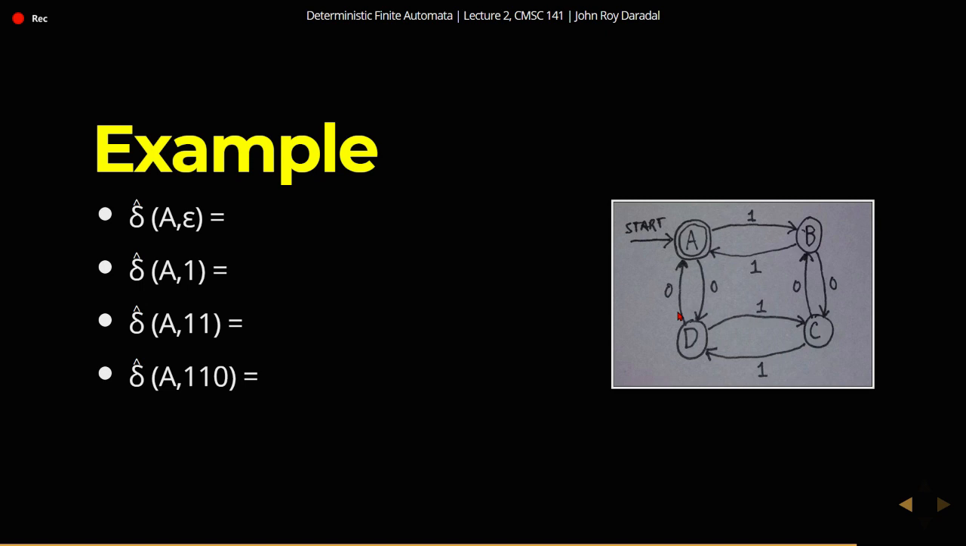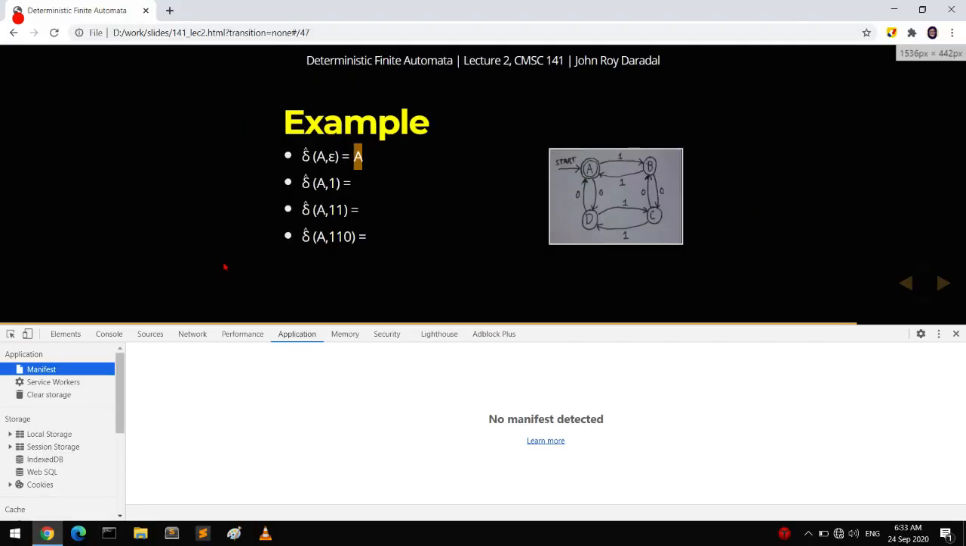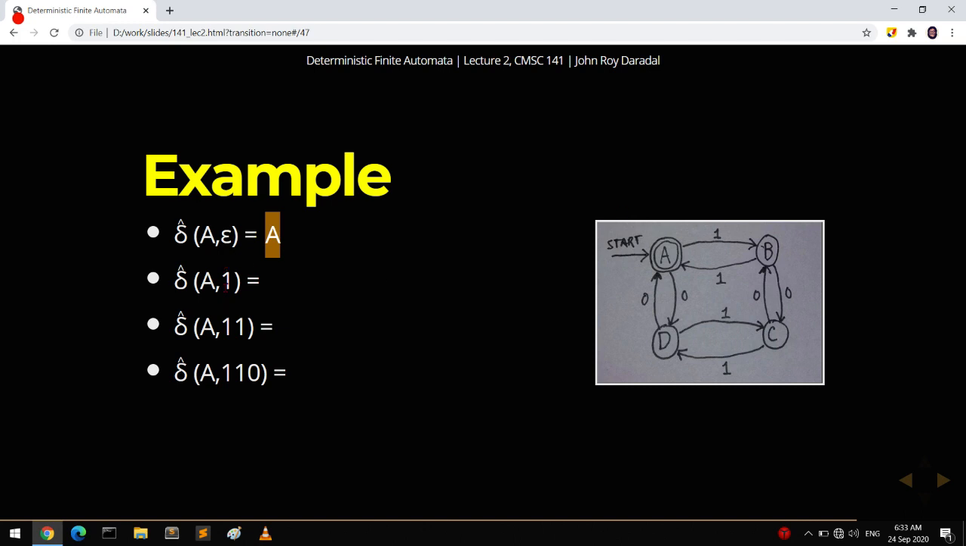So let's see examples of that one. So we have delta hat of A given E. Since there really isn't any prefix here, since E is empty, it's still A, right? So it will remain in A. For A1,